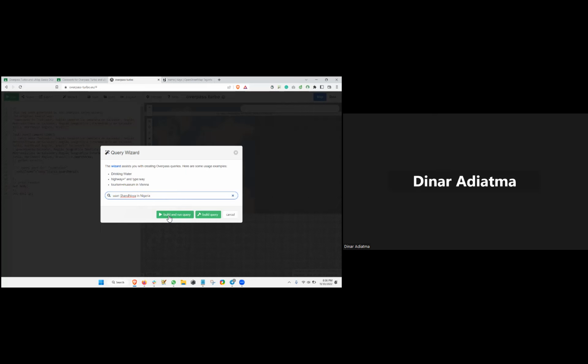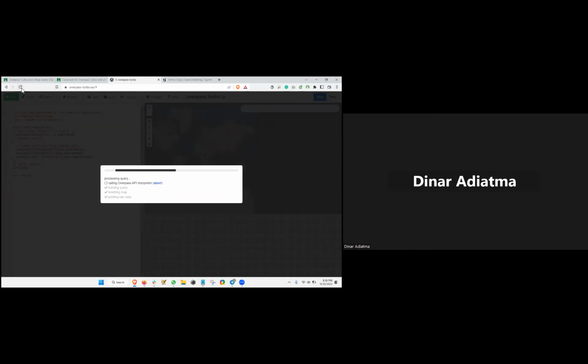And build and query, and it's good. But in Nigeria, you should change to your hometown because it's a country. This is a country scale. It will need more time and also maybe has a possibility to fail because it's too big. And you can click. Usually I will refer